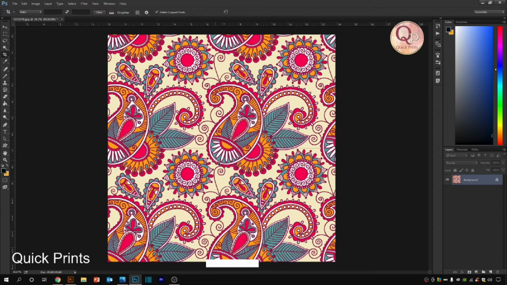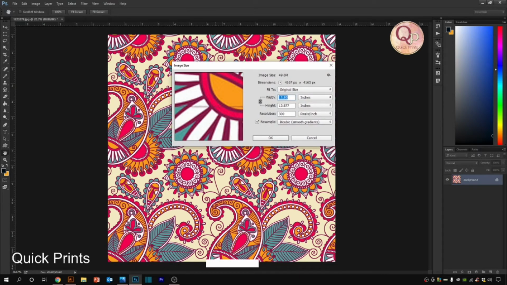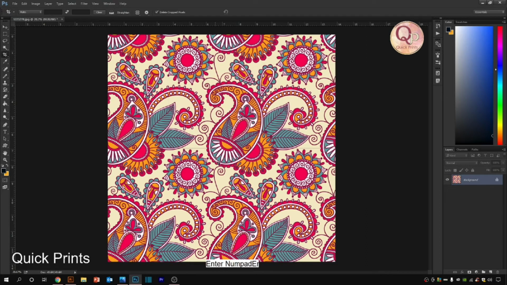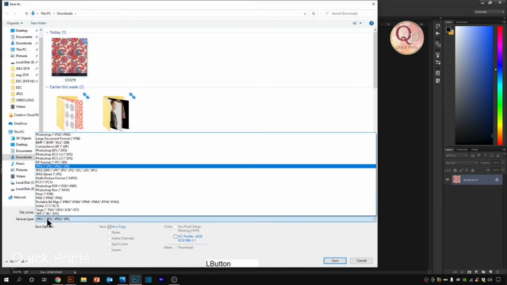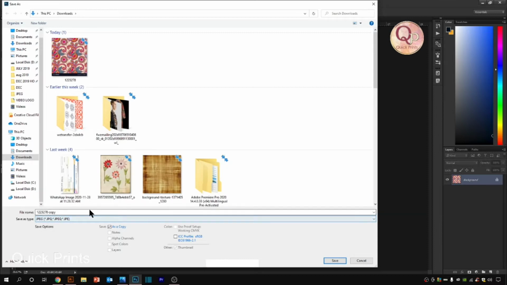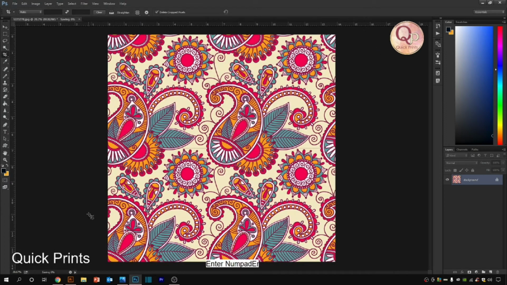Remember, we are going to use both software, Adobe Illustrator as well as Photoshop, parallelly. Both have an important role in artwork. So the size is 13 by 13, that's good enough. Let's save it. I'm just saving it on my desktop in JPG format. Let's keep the name resize, so that we'll get to know which is the resized file and which is the original.